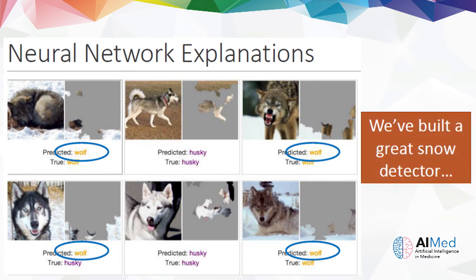We think the model is doing one thing, but it's actually doing something else. It's looking for and detecting the images that have snow, and it's saying, well, those are the images that have a wolf. So this is an artifact of the data that has absolutely nothing to do with what the model is supposed to be trying to find for us. But it turns out that by looking at this explanation, we can see that that's what's really going on. So I don't know what your opinion of the model was before in terms of whether or not you would trust it, but I'll bet it's changed when you've looked at this explanation.